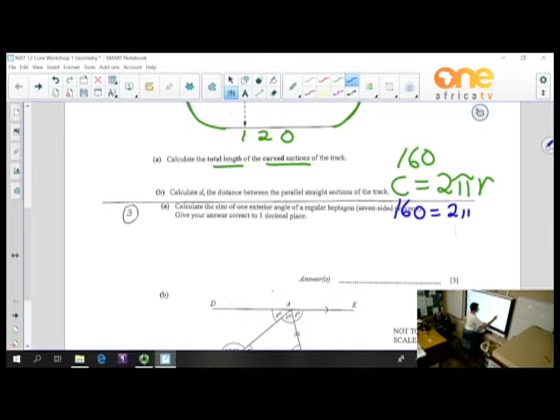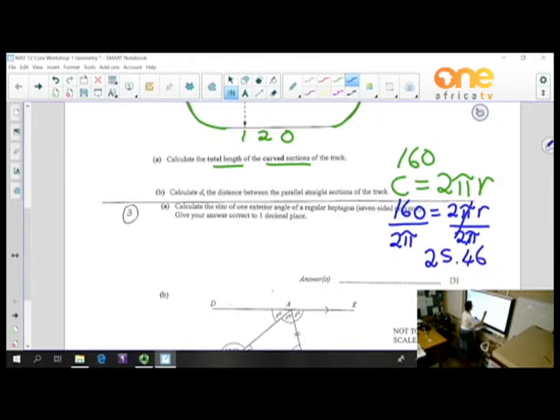So to have r alone here, we will divide by 2 pi, and you divide by 2 pi here. So on your calculator, let's press the calculator, 160 divide by brackets 2 times shift pi there at the bottom of your calculator, close, is equal to, and now I have 25.46,